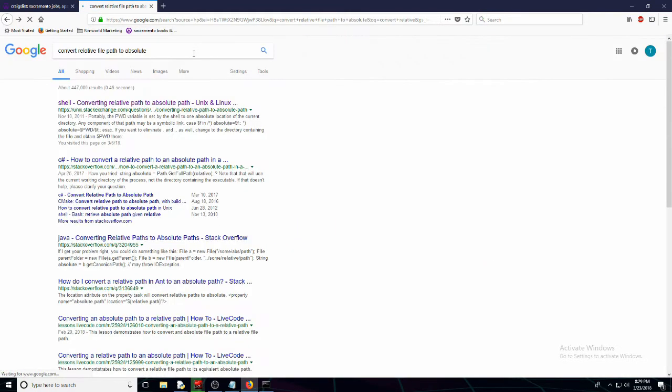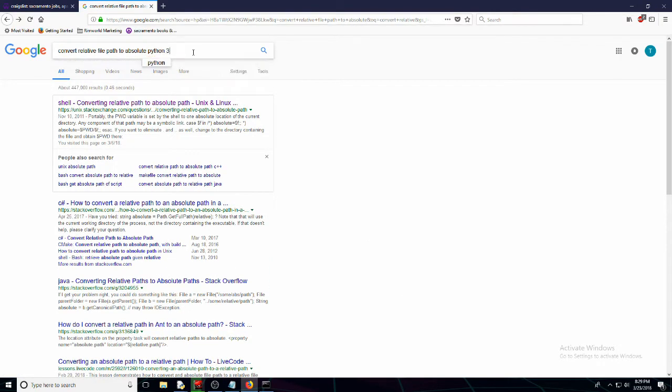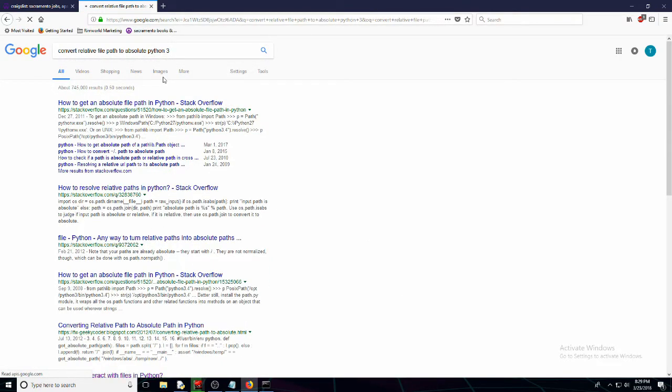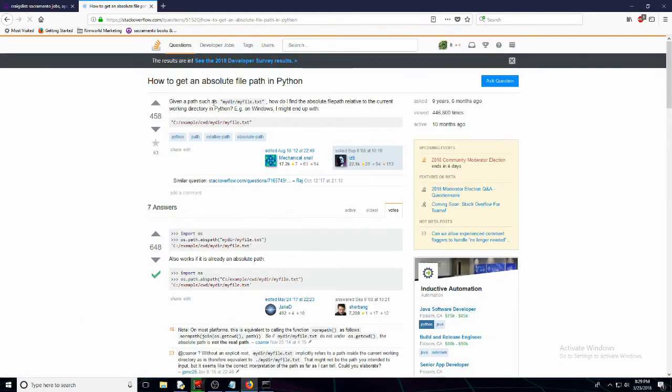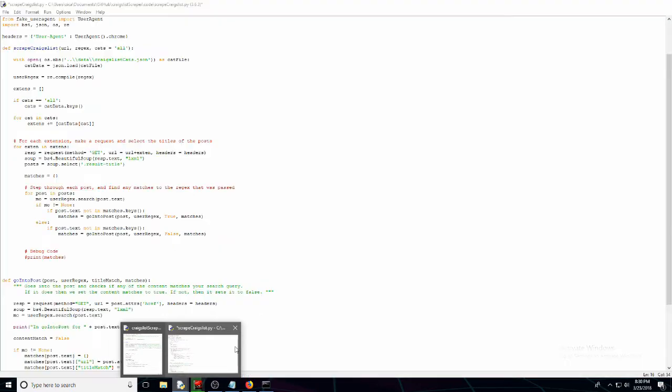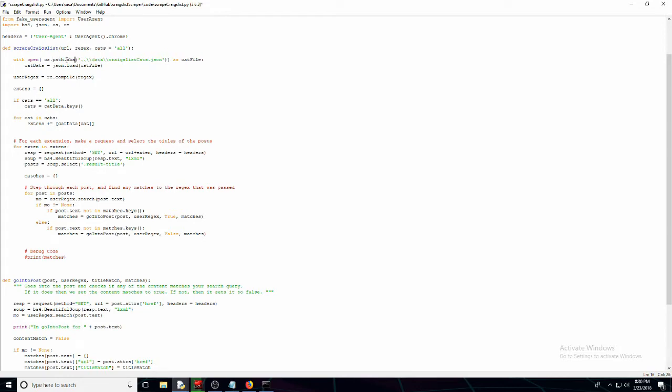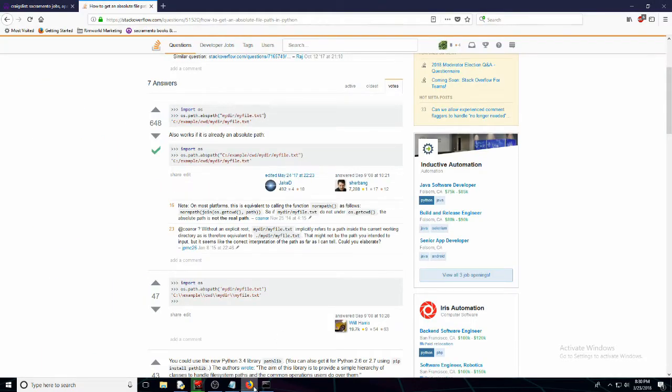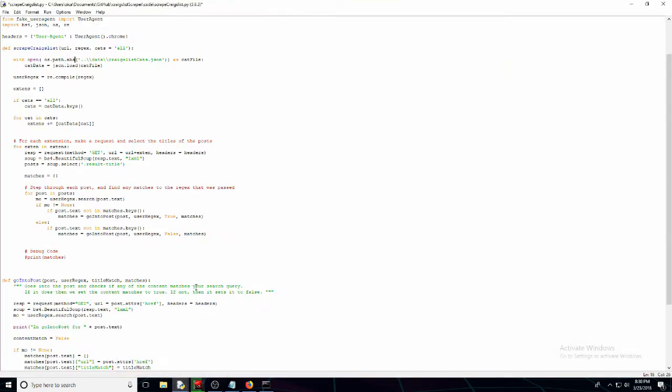No, I want Python. We're going to look at Python 3. There we go. Import os.path.abspath. Right. So we're going to go to here. So it's going to be os.path.abspath. Yeah. Okay. abspath. So you just do that, and that will convert this relative path, because right now we're